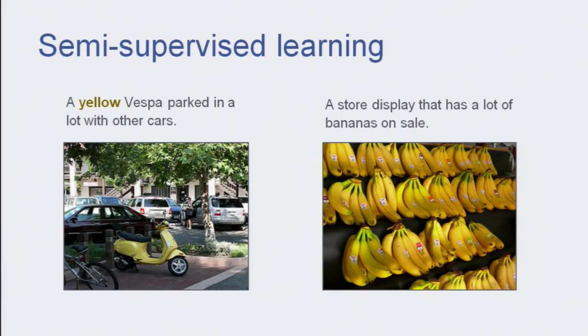Semi-supervised learning. Now let me give you an example of semi-supervised learning and why this is tough. So if you want to learn a concept such as yellow, and you have a bunch of image captions like these, you can have images which have yellow in them, in which a caption actually mentions yellow, but then you have other captions like this one here, in which the entire image is yellow, yet it doesn't actually mention the fact that there's any yellow in the image.